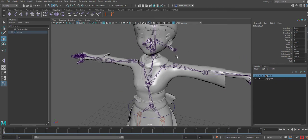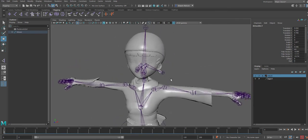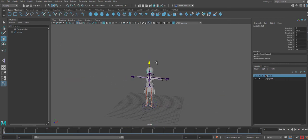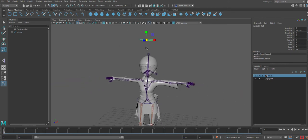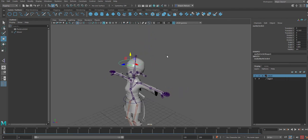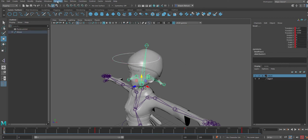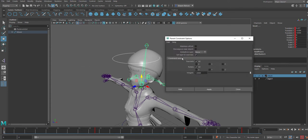All right, just so the video doesn't drag, I'm going to show you how to do the arm ones and the head one. So we're going to create another NURBS curve. Scale it up a little bit. And let's try parenting it to this and see if I can do this again. This to this, constrain parent, maintain offset,